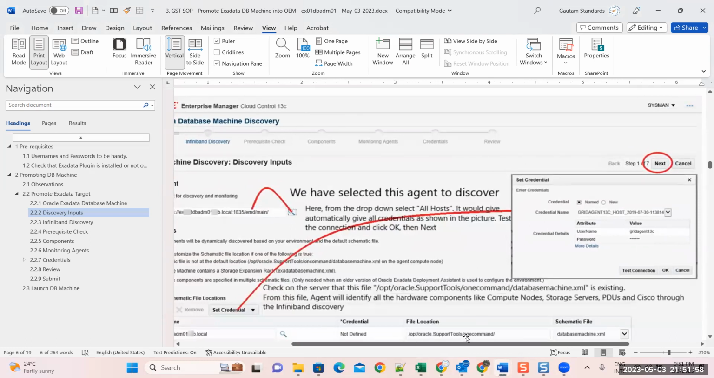OPT/OPT vehicle support tools, one command, and the schematic file database mission.xml. Do you remember what this file is and when it is generated? Database mission.xml. In part 1 I told you. I don't want to go back to the part 1 lessons now, but in part 2 also I told you database mission.xml is one of the configuration files